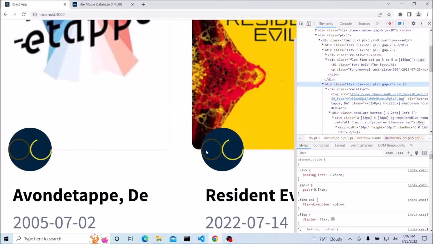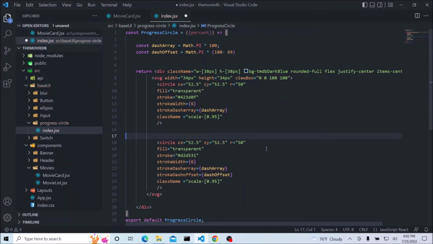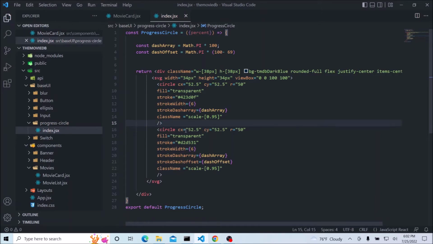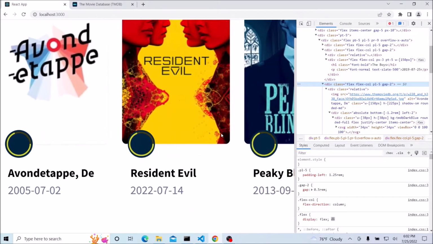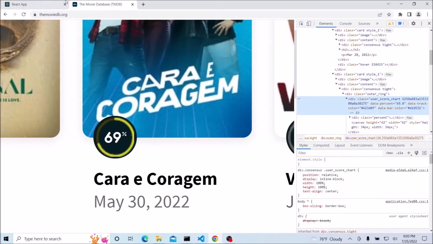Okay, so you see there are these two circles, but I'm creating two different SVGs. That's the problem here. So instead I should just wrap it inside a single SVG, and this will do it, right? This will probably do it. Yeah, you see, now I can still see that. But for the 69%, okay, so if this is 69%, this is actually